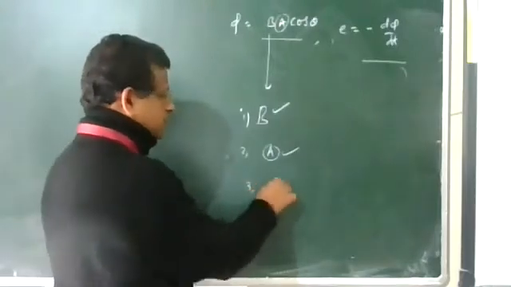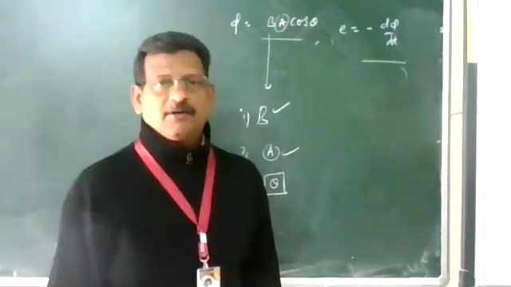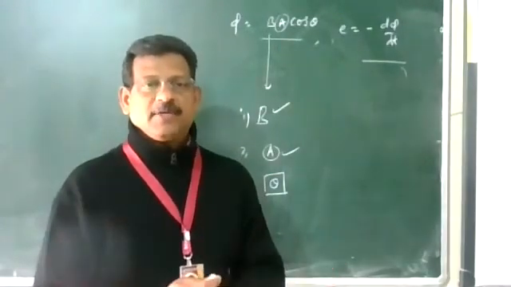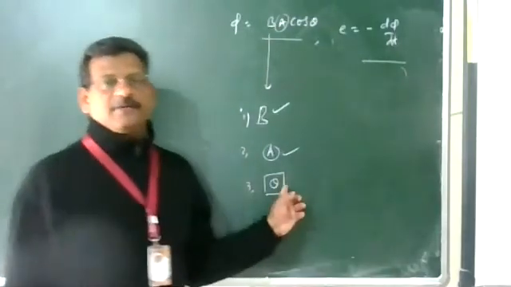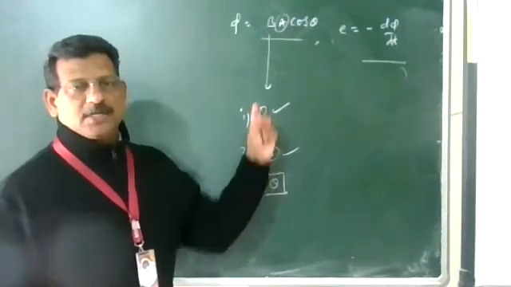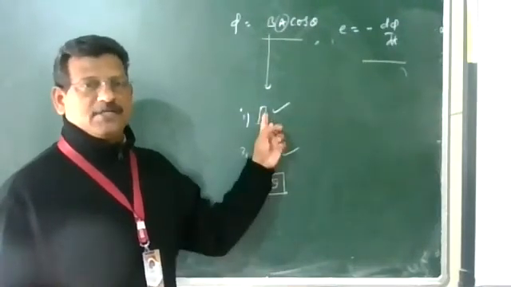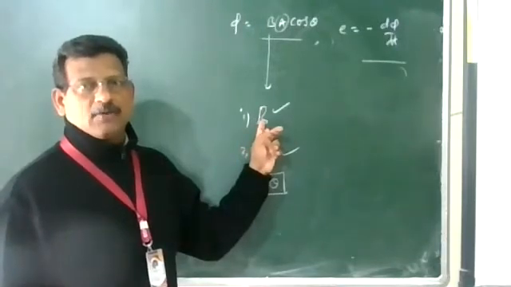And third one, theta, that is the relative orientation between the plane of the coil and the magnetic field, that is between the B vector and A vector. So if you change theta, then also the EMF is induced. Flux will change. So these are the different ways of changing flux. By changing magnetic field, examples are the coil, magnet experiment, coil experiment.